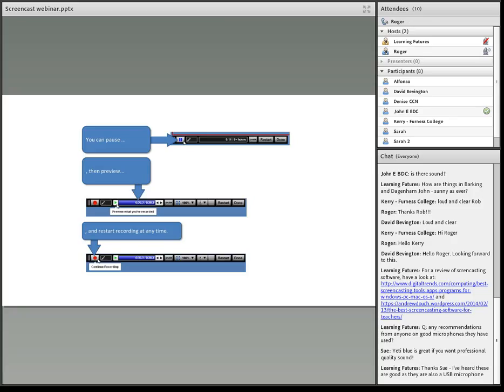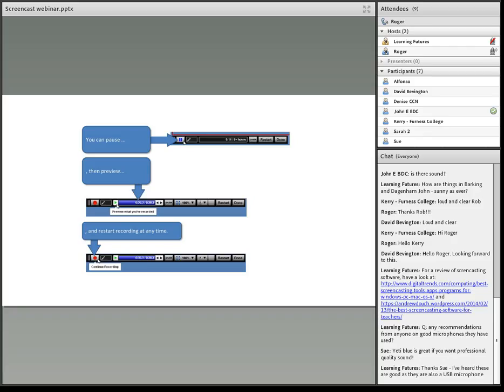But as you can see, in terms of screencasting, just to recap a little bit, I've gone onto the web, I've typed in an address, I haven't had to log in. If I don't wish to log in, I can just press record. I can set the screen size to whatever I wish to look at, and then as soon as I press record, as you would expect, it'll record everything that I do on there.